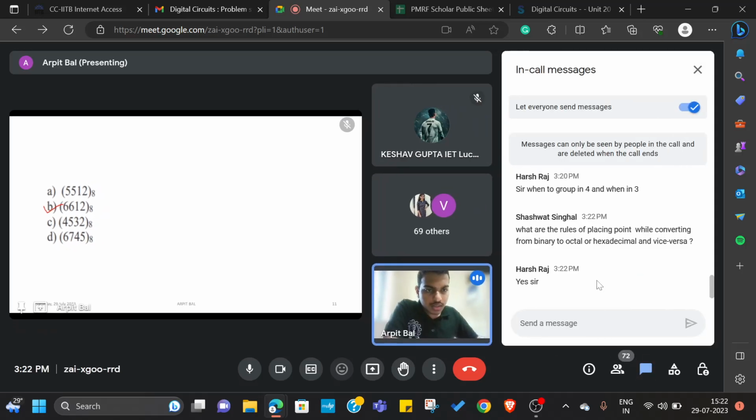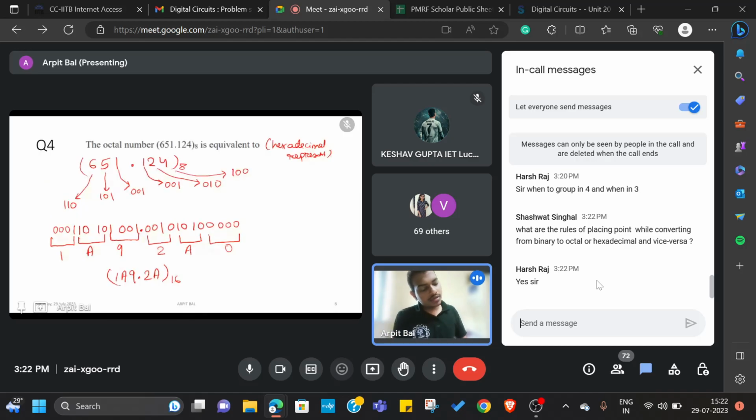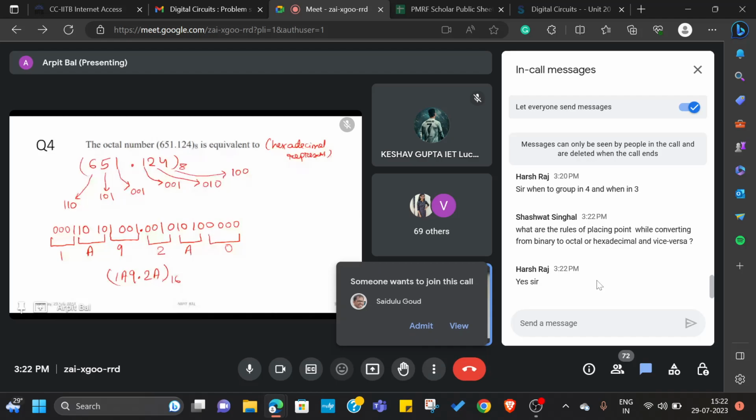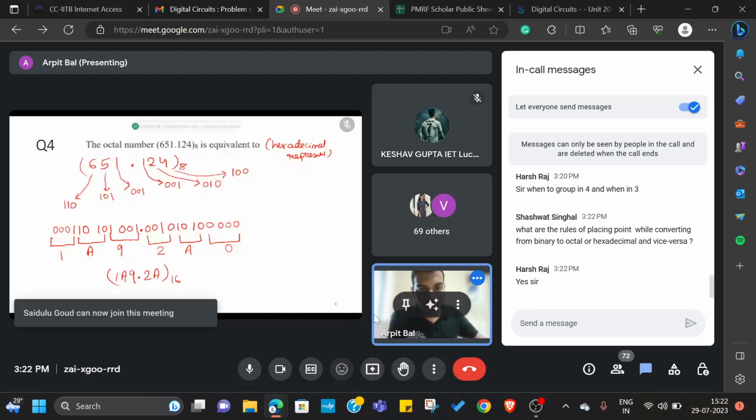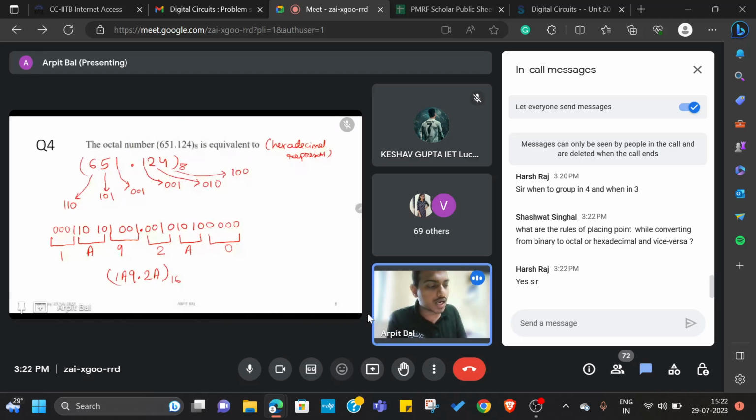Then we have another doubt. What are the rules of placing the point while converting from binary to octal or hexadecimal and vice versa? Like I showed previously, let me go back to this point. Here I'll tell you the logic. Any zero which is placed before an integer is not taken into consideration, right? So let's say while you are grouping 4 bits, and you start from the very leftmost position, like here,